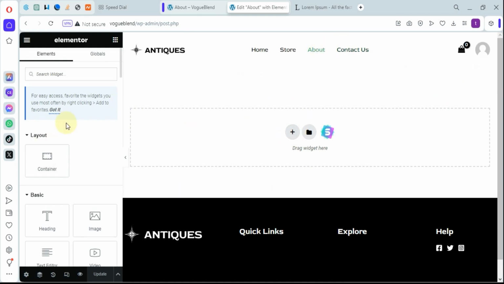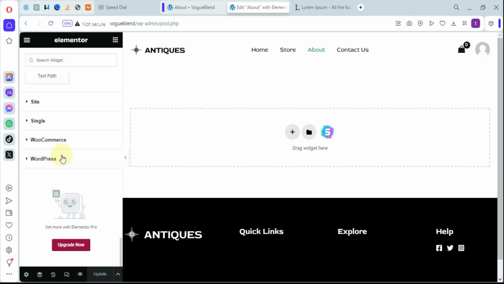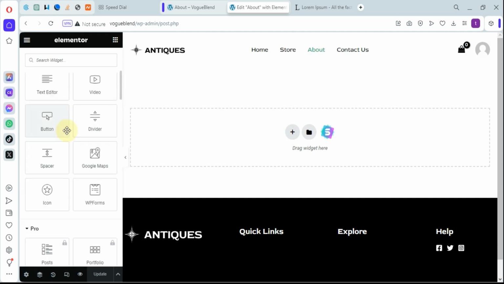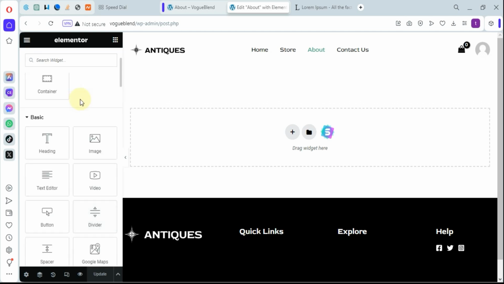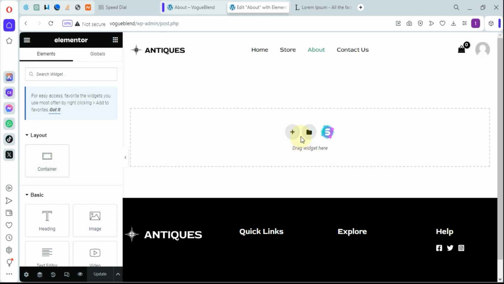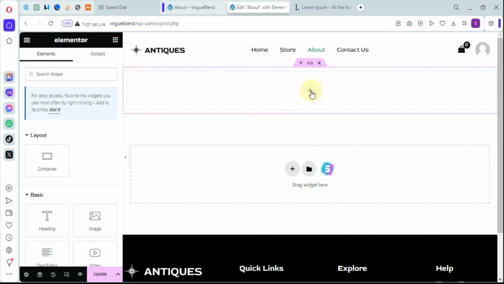So if you want to use Elementor, these are all the content of Elementor, though this is the free version. Some items here are locked, some elements are locked. So now what you have to do is to use our container. You click on this plus, or you drag and drop your container here. That is for the container. So for this container, what do you want to do here? Click on this plus icon,